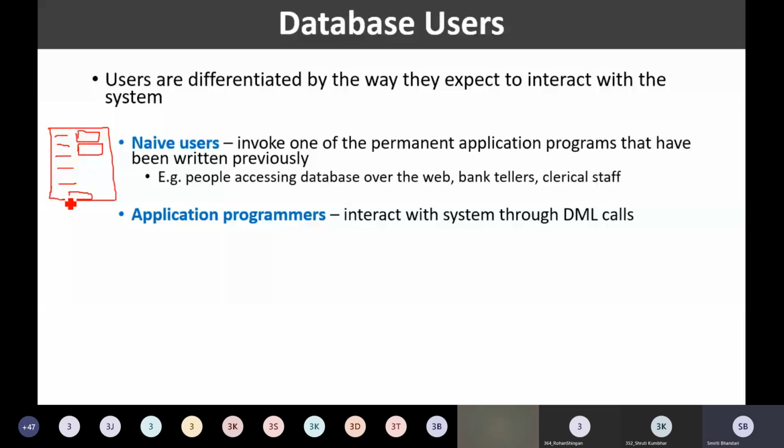So once I have that functionality, the application program, I may ask the clerk to get that printed report for me. So here is the role of the naive user who will use that application, who is going to click on that particular report now. The report is already created by the application programmer, right? The code has been written by the application programmer. And the naive user will now use that code and will give me the report, the printed report maybe, or the soft copy report.